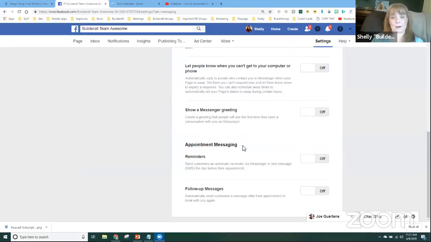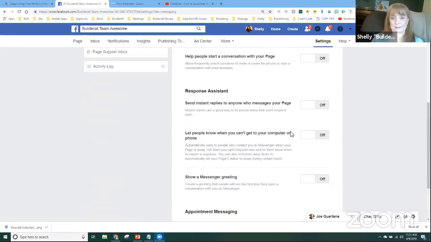And if you want appointment reminders, you can do that if you want to. But for me, I'm not going to be setting appointments in Messenger because this is going to be a chatbot. I'm not going to be physically on the chatbot talking to anybody. So I don't need to set appointments because I won't be talking with them. It'll be the chatbot giving them buttons to push. So there won't be really any way to set appointments at all. Does that make sense? It makes sense.